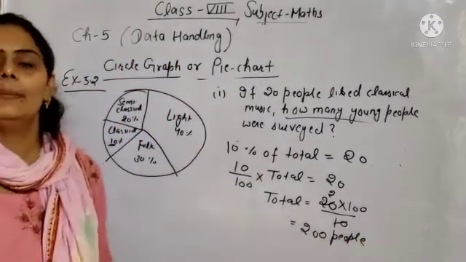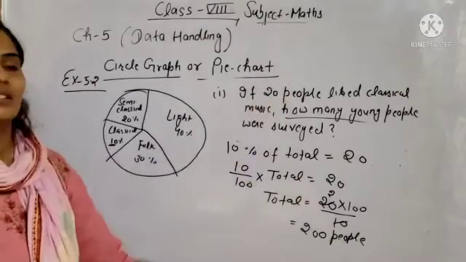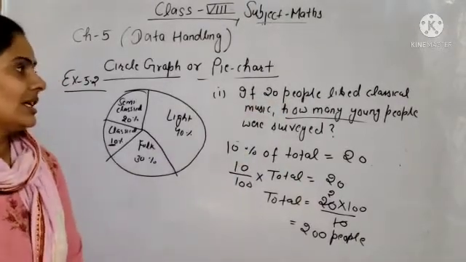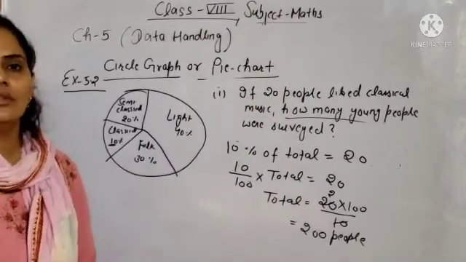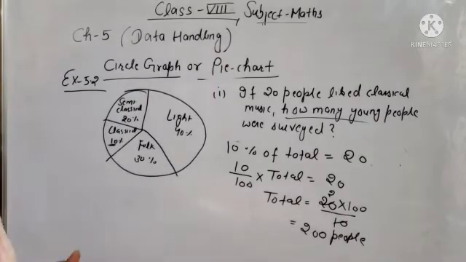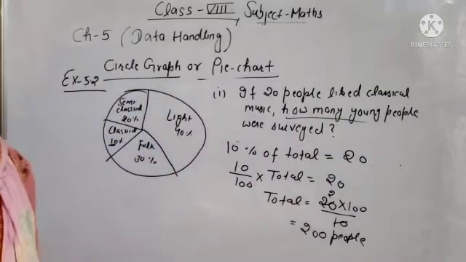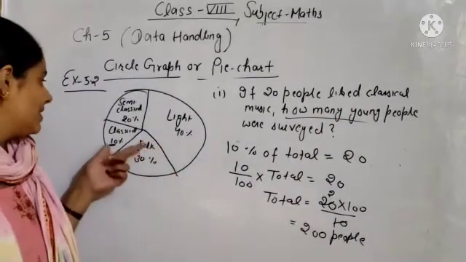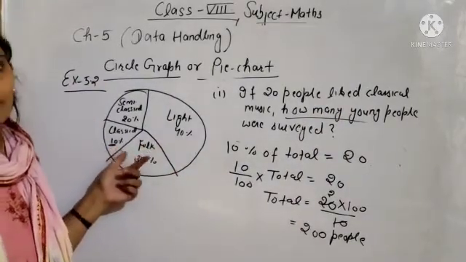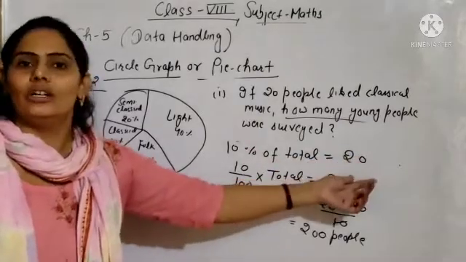So 200 peoples का सर्वे किया, तो 20 peoples को कौन सा म्यूजिक पसंद हुआ बेटा, क्लासिकल म्यूजिक. ओके, यू हैव टू फाइंड आउट कितने यंग पीपल्स पे सर्वे किया, जिसमें से 20 पीपल को क्लासिकल म्यूजिक पसंद आया. सो टोटल क्लासिकल म्यूजिक कितने परसेंट लोगों को पसंद है, 10% को. सो 10% ऑफ टोटल इज इक्वल टू 20.